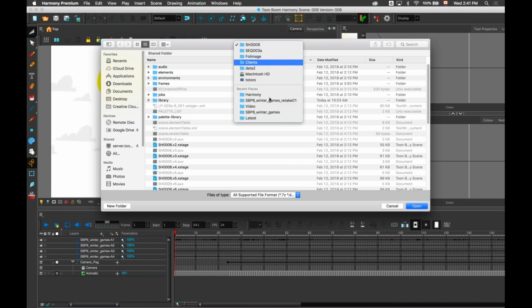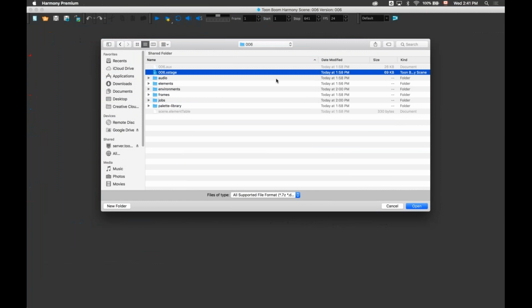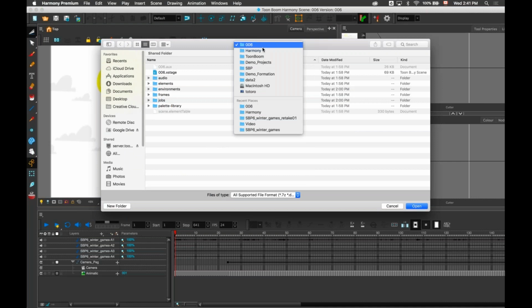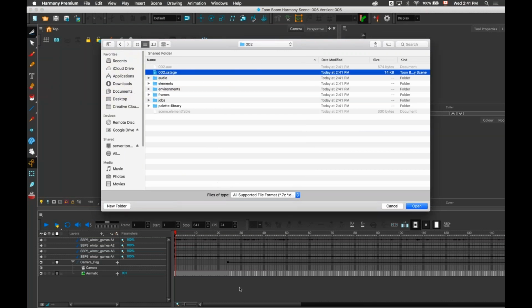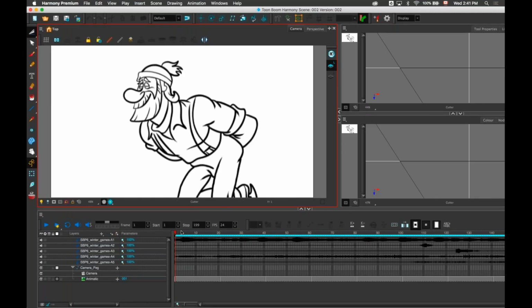inside Harmony, we'll be able to, no, that's not the right, I've reopened the same version of the same scene. I want to open scene 2. I open scene 2 here. Instead of having one image for each frame in my timeline, I will get one image for each panel.